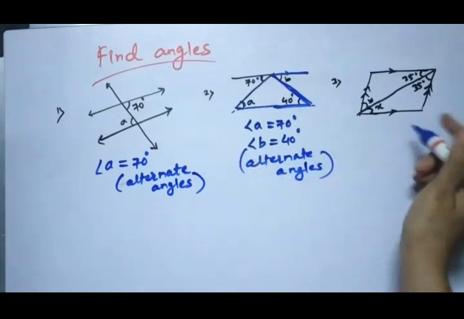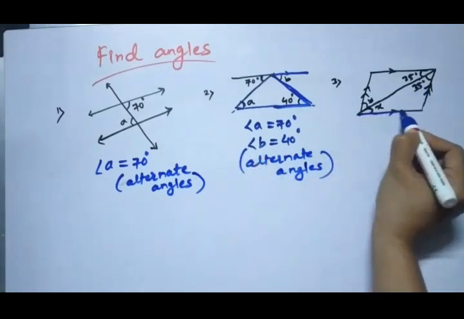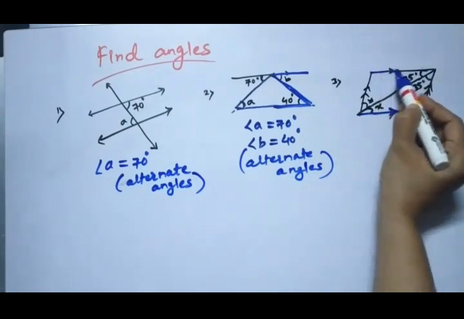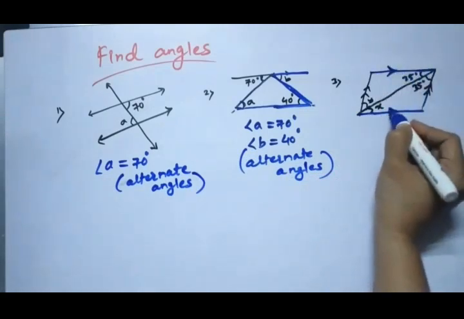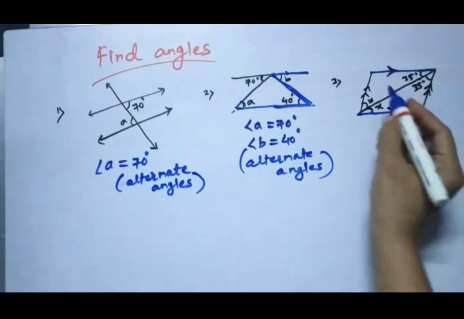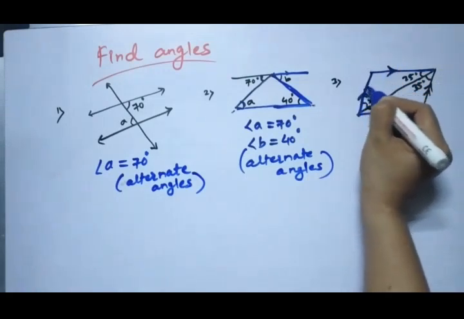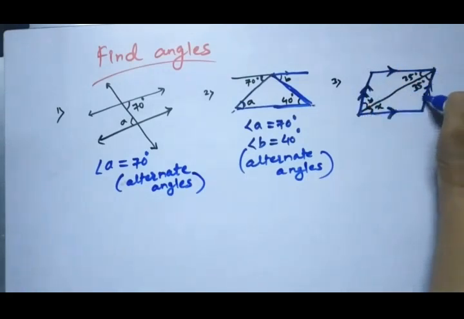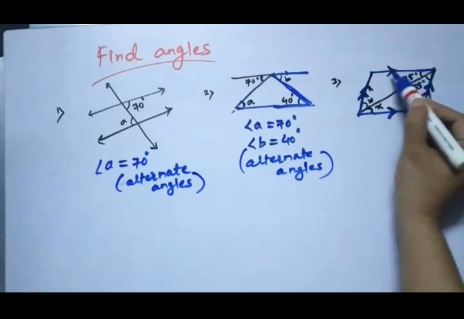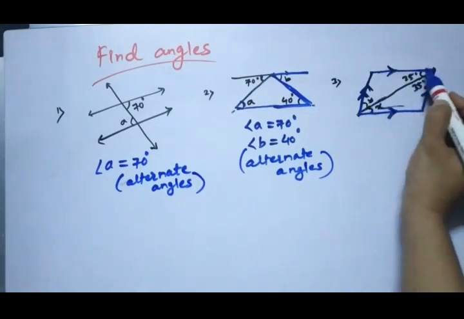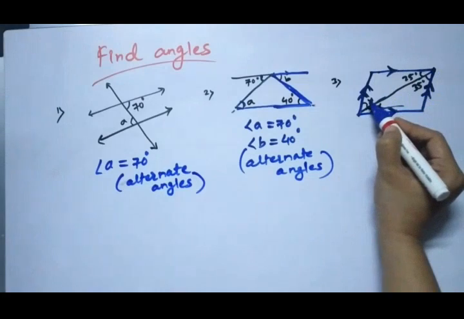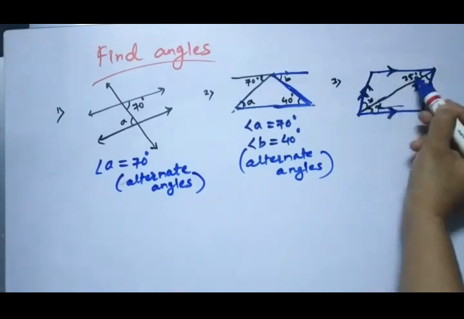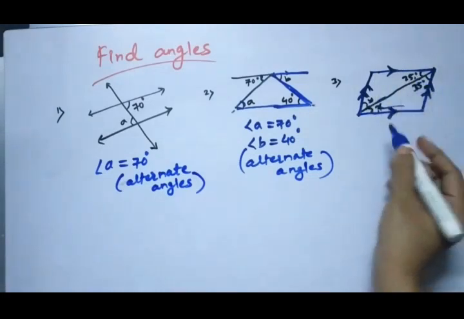Now the next figure is there, friends. Here is a pair of parallel lines. This is one parallel line, and this arrowhead denotes the parallel line, and this is another parallel line. A double arrowhead indicates it. Friends, you can see that in these parallel lines, here X is there and Y is there. So this X and this 25, these are alternate angles.